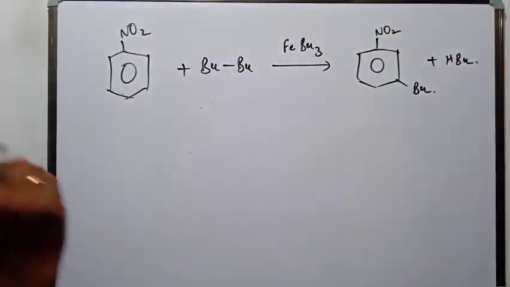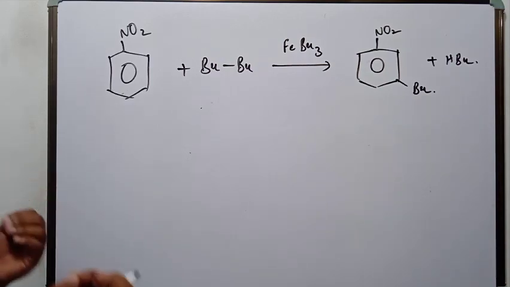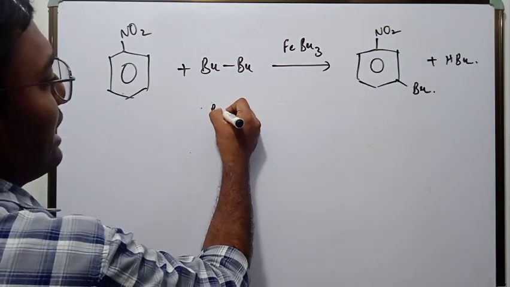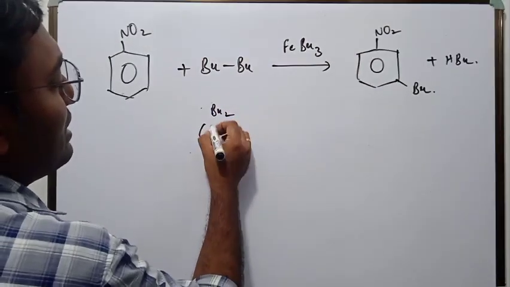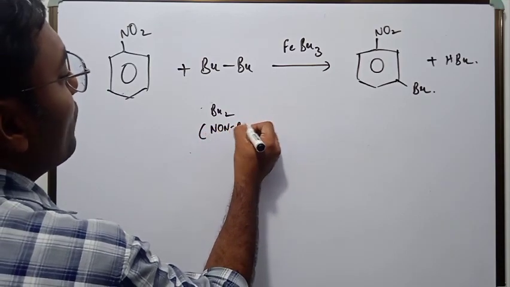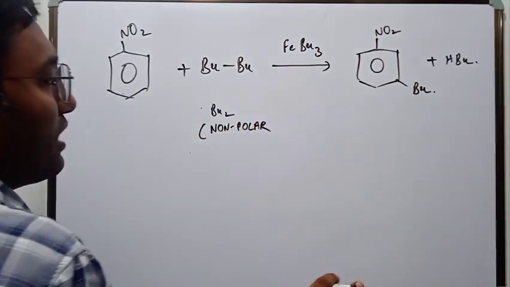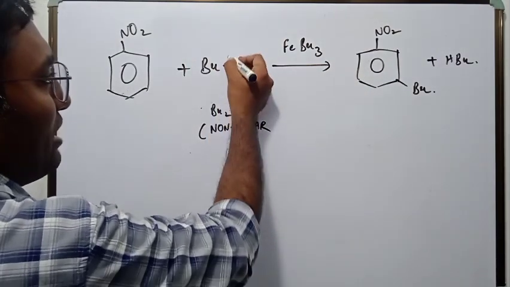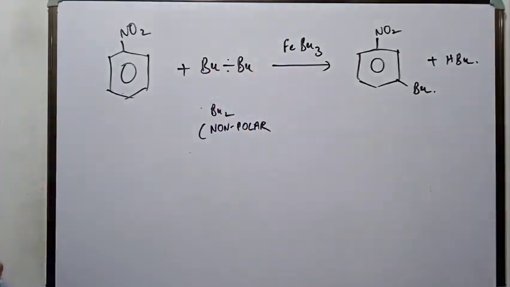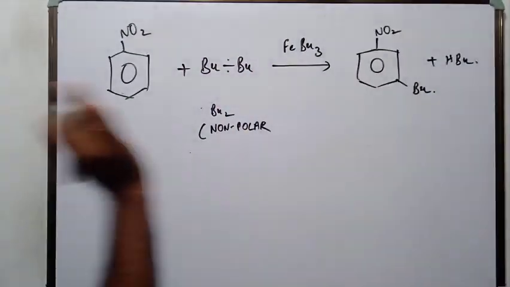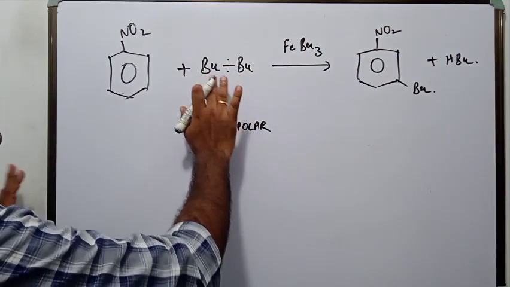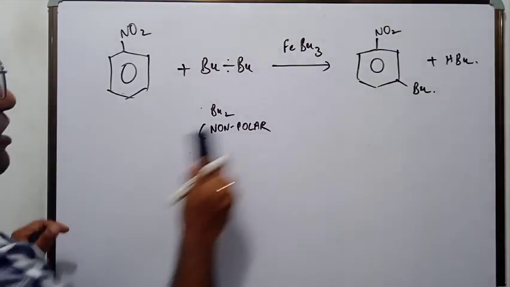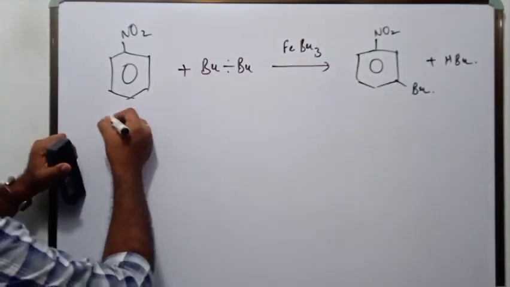Now, the special thing that I want to mention here is that Br2 is a non-polar covalent compound. It doesn't have any charge. The pair of electrons is equally shared between the two bromines, and both are neutral. They are completely non-polar. But when they come close to the electron-rich benzene ring,